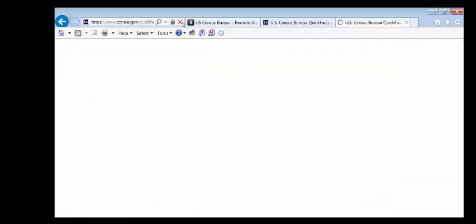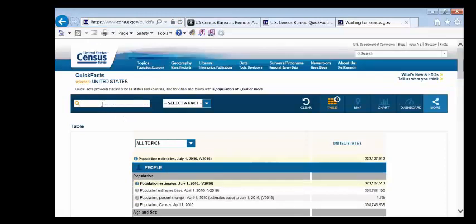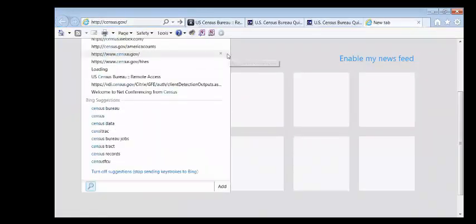Sometimes I reload and that rectifies things. Let's see if that does it. It wasn't working a moment ago, so okay, let's try. Quick Facts is a little glitchy, so let me get to another really great app